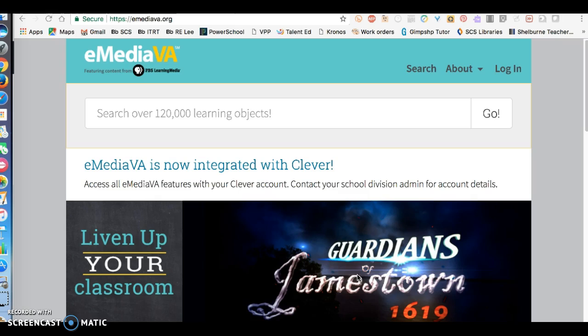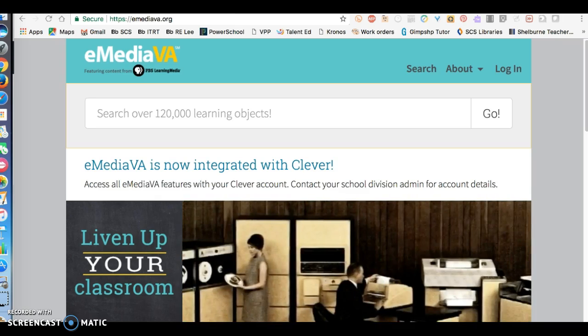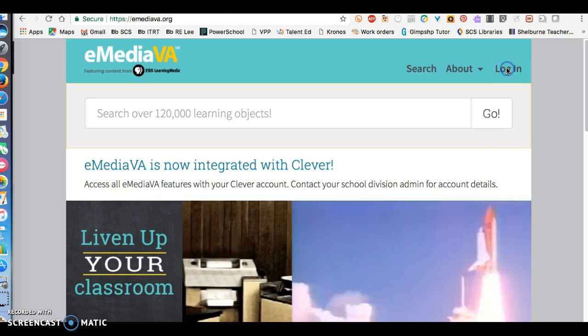It is possible to search the site and find objects and use them without logging in. That does limit the availability of certain videos and objects depending on the licensing that they have arranged with the provider. So we're going to look around logged in first. So we're going to go to login,